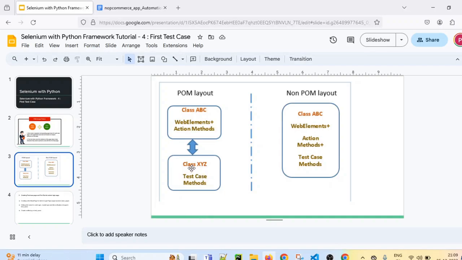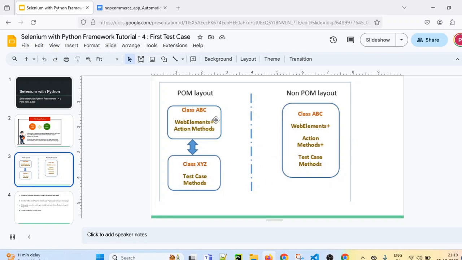So the main advantage is we can have only one login base page class and we can create multiple test classes. Tomorrow, let's say I have another functionality and I have to write other test cases for it. Again, I will have to use the login page. So just by creating an object of this one login page, I can use it in multiple test classes.